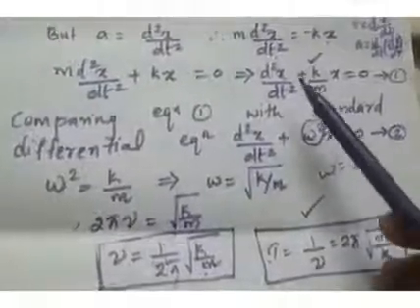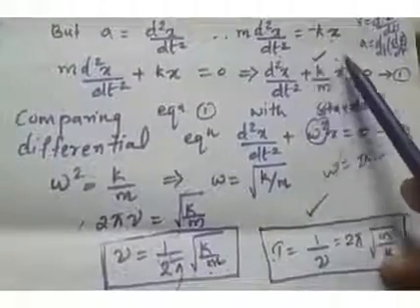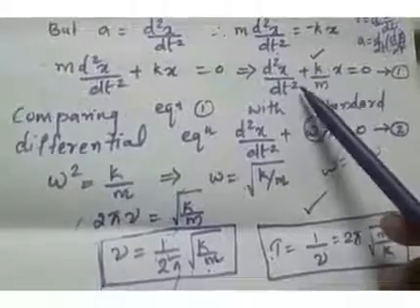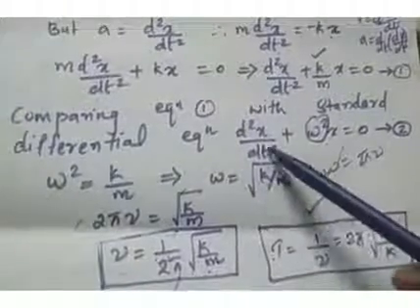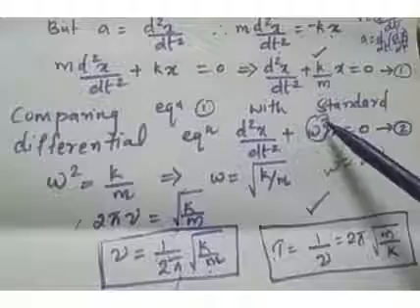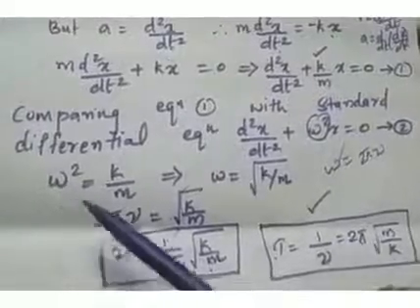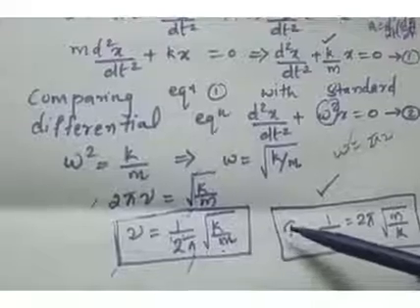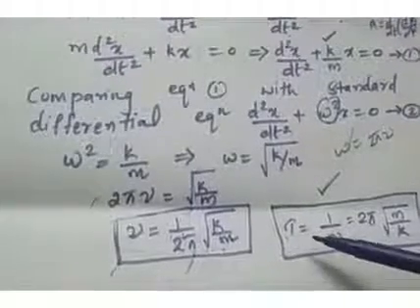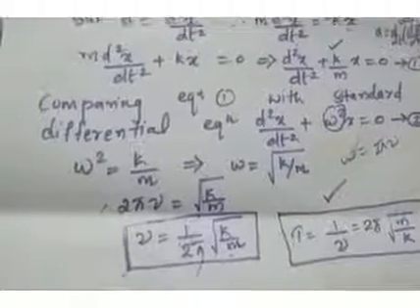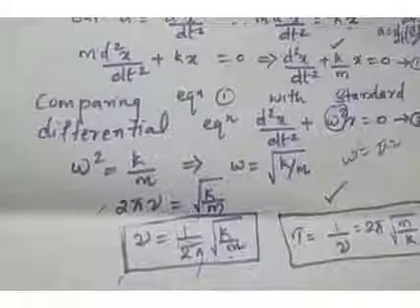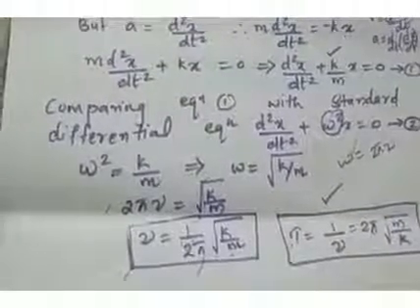So it's very important and it's very easy also. First you need to find out the differential equation for the oscillation of the spring. Compare that differential equation with the standard differential equation. Obtain the expression for omega. Then obtain the expression for frequency nu. And later obtain the expression for time period T. Okay. Similarly, we need to find out the period of oscillation of a simple pendulum.